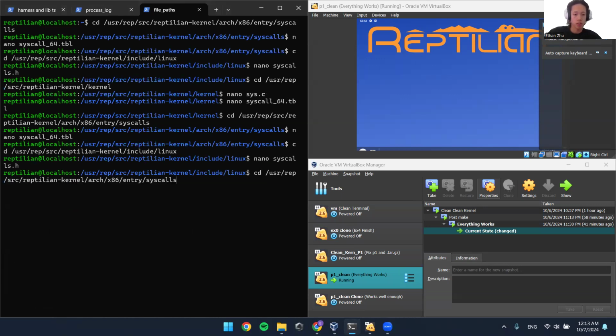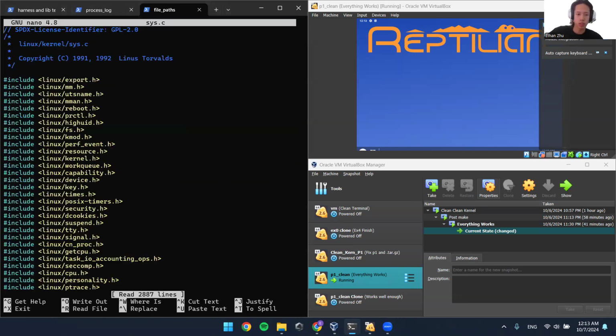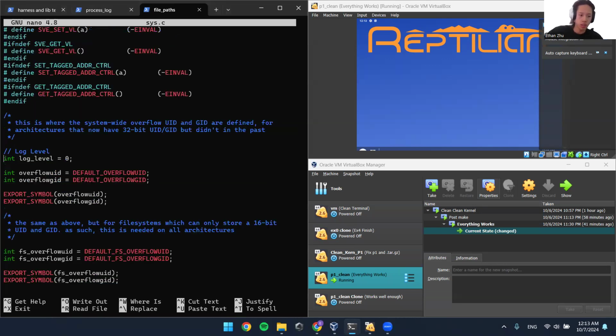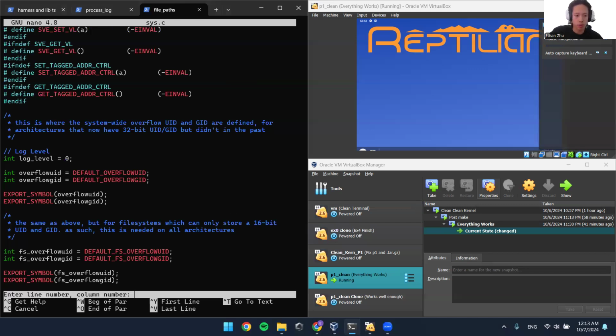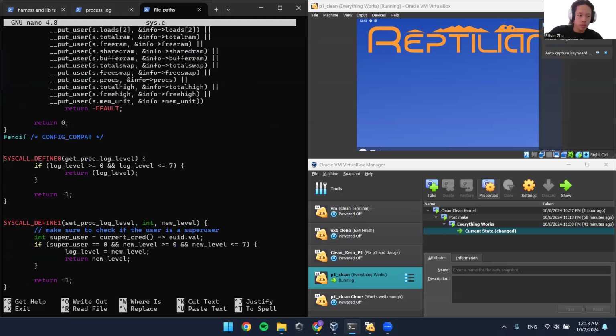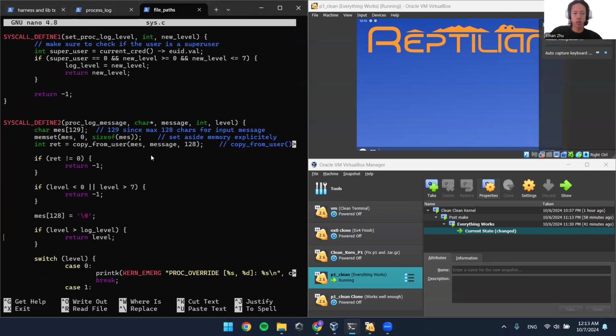And then finally, we also have the kernel here. We're just gonna nano sys. So the first change here was when we added the log level, the global variable, and then from there we just went to the end of the file, and then added the syscall defines, define 0, define 1, and define 2. And to go over this very briefly,